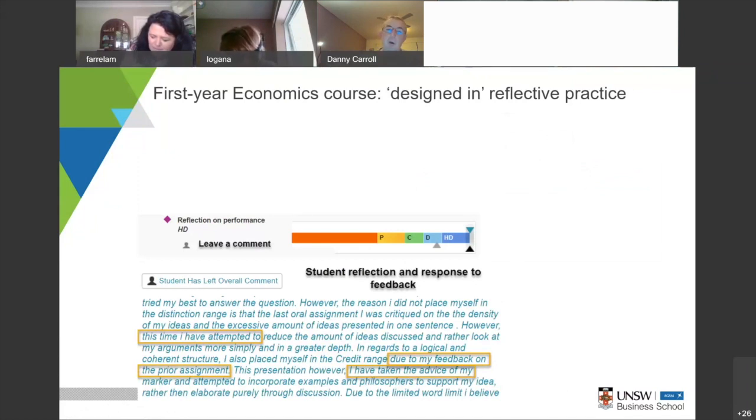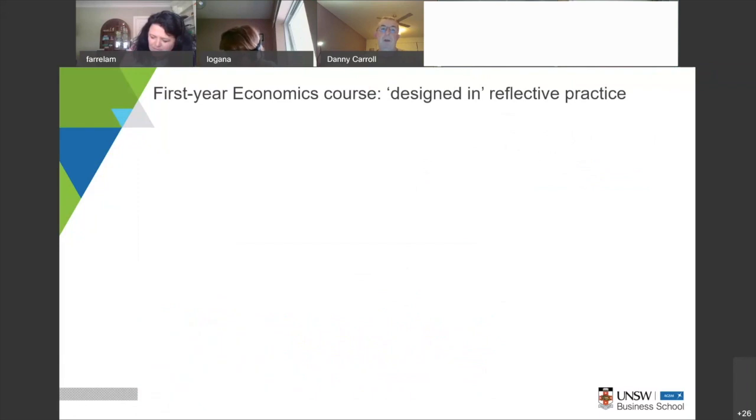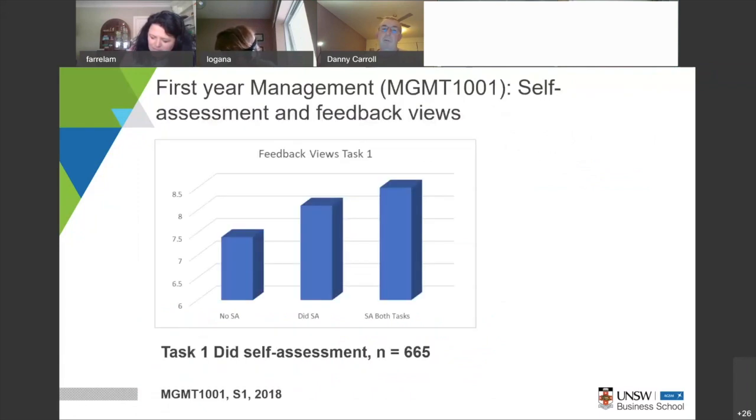And this is one thing that online software does really well. You can do this at tremendous scale. This is examples from a School of Management course. It's over 1,000 students. And basically, this is the number of times students read the online feedback. And we can see the students who didn't do self-assessment read the feedback about 7 times in the first task, but the students who did do self-assessment read it 8 or 8.5 times, whether they did self-assessment on both tasks,